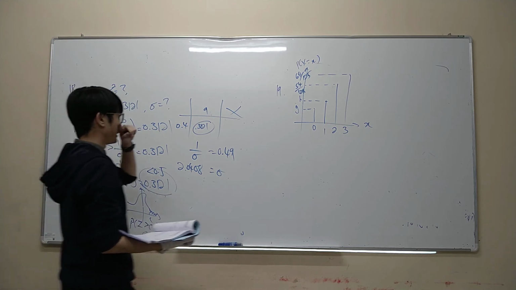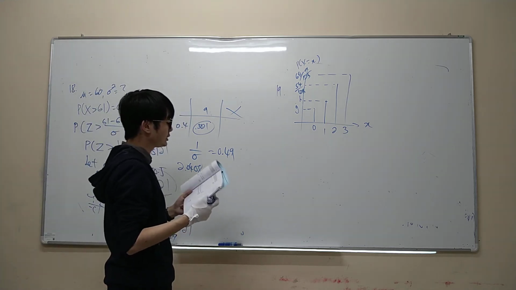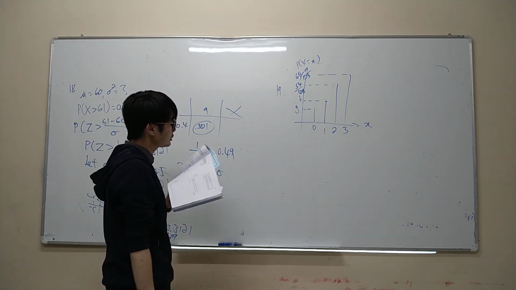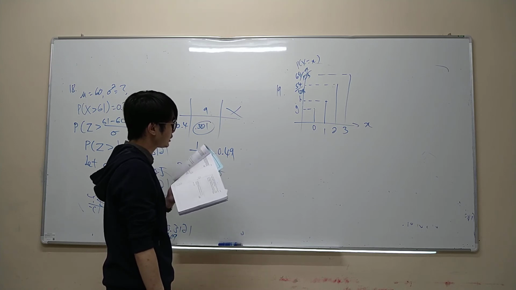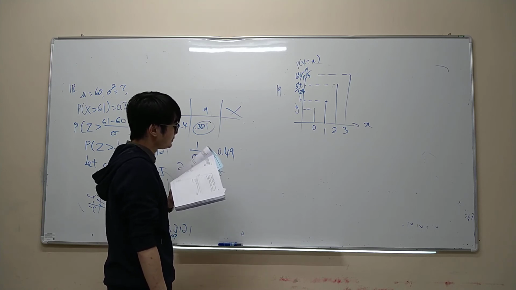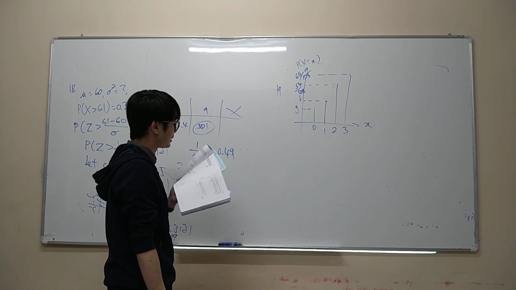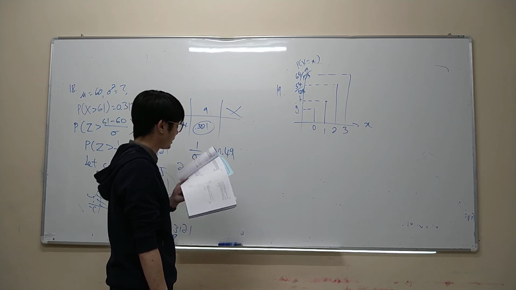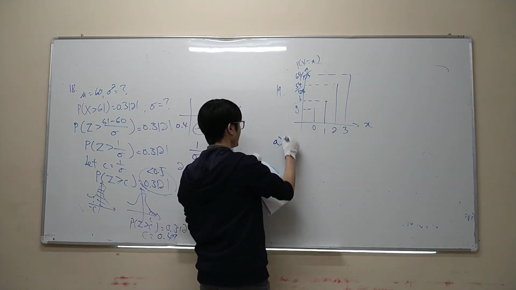Continue. Number 19. Number 19 is distribution. Muthu has taken 3 shots in the shooting practice. The probability that Muthu strikes the target is P. X represents the number of times, and so on. The diagram shows the graph. Okay, A. Express